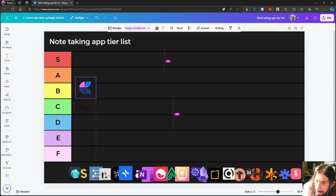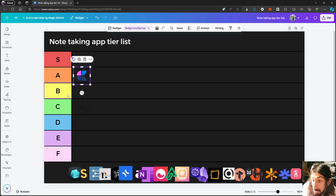This is Craft, and I would place it in A tier. If you use iOS devices, I think it's good on Windows as well, but it is just a lot better on the iOS devices. So if you use iOS devices, I would say A tier. If you use a Windows computer, I would say B tier. But I've mainly used this on iOS devices, on my Mac and my iPhone and my iPad, and it is just so fast, and in general it does a great job